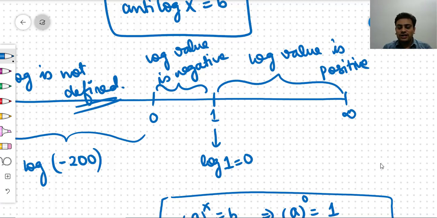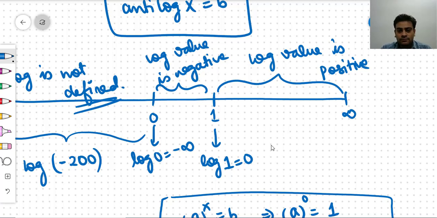That is why I am first talking about this number line, and that always helps you to remember things. For less than 0, it is not defined. For numbers between 0 and 1, your log is negative, and for numbers greater than 1, your log is positive. For log 1, the value is equal to 0, and for log 0, when your number is equal to 0, your log value is negative infinity, right? These are just basic things, and if you remember these points, that will help you to find the log values.